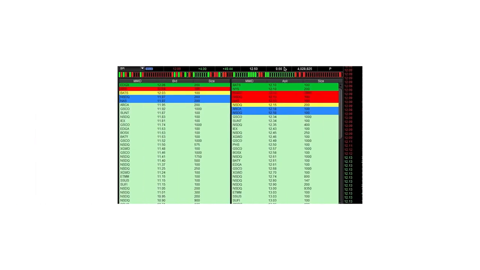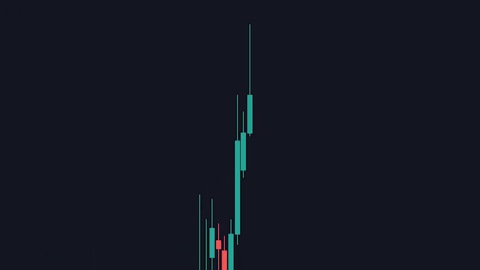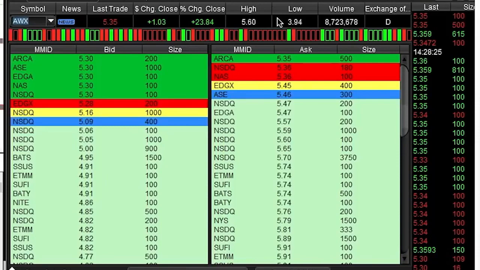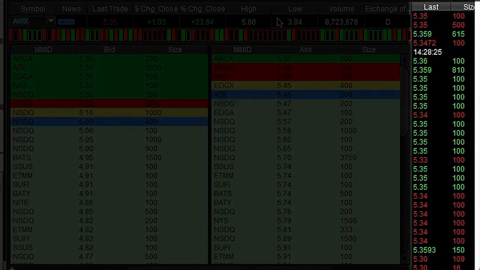The amount of orders and the sizes of them are a key metric with the level 2, but just as important a metric is volume. If there's no volume, the price will not move, which means you won't make money. We want to be in when there's a lot of movement, which nicely enough, the level 2 tells us that information too. For that, we want to be looking at the time and sales, this right here. We don't necessarily need to be looking at the numbers, but we want to be looking at the colors and